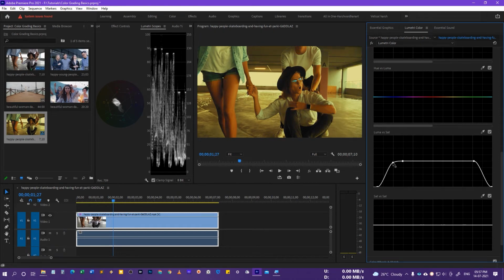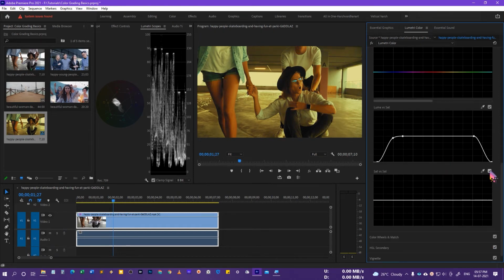Okay, so this is not of much use, but still it does affect. I think you can notice it after this, the saturation in the highlights and or the color tone in the highlights or the shadows is taken away. Okay, so if I just double click, that's going to make it default.